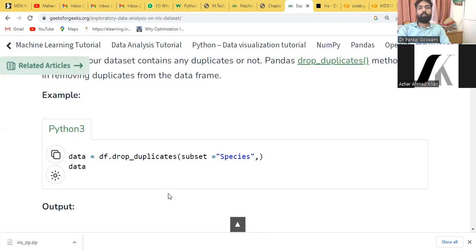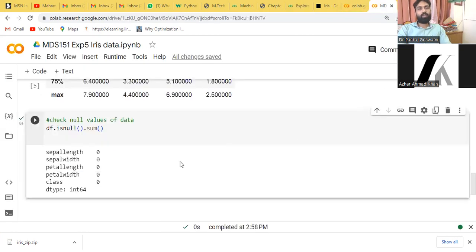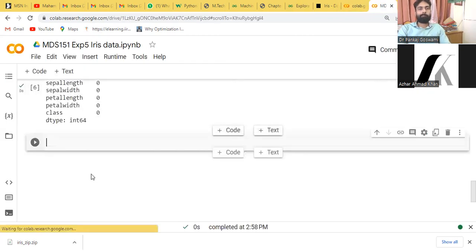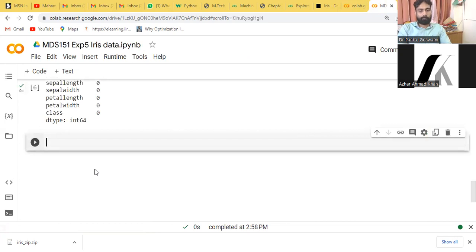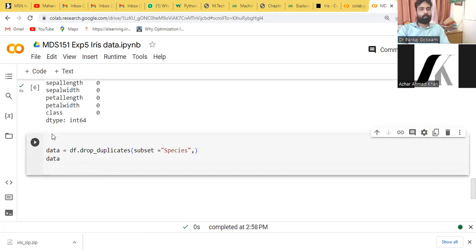Now you are looking for dropping the duplicate values. अगर इनमें से आप किसी की डुप्लीकेट वैल्यूज को चेक करना चाहते हैं, so let's have a check, dropping of duplicate values. अगर आपको डुप्लीकेट वैल्यूज मिलती हैं तो आप उनको ड्रॉप करेंगे। एग्जांपल में स्पीसीज का लिया गया है, बाकी चेक करेंगे एक एक करके।